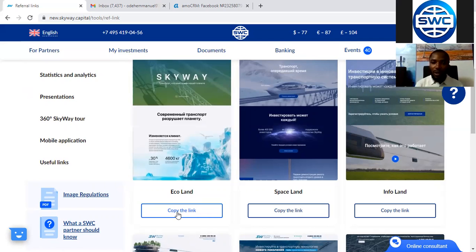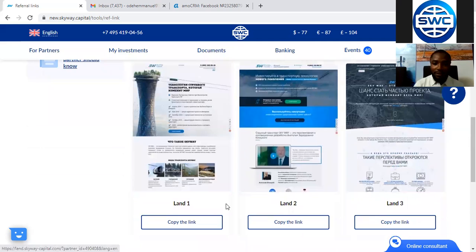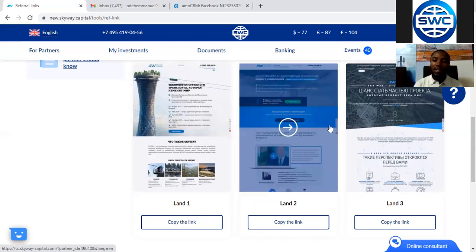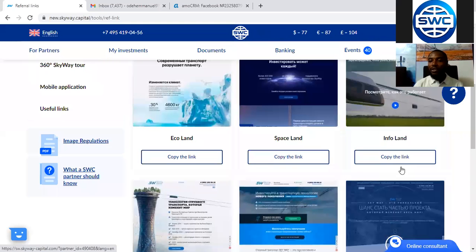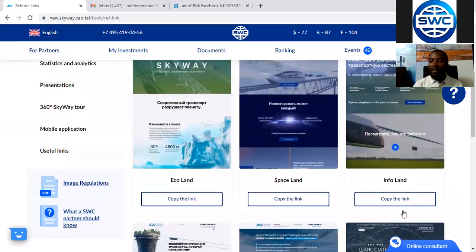We also have futuristic prospects from the company, and we have a landing page for that also. All these are in your back office. If you don't understand from here, you can copy the link yourself, paste it in your browser and go through it before sending to your prospects. So you are assured of the information that you're giving out to your prospect. If you want info about the land infrastructure from the company in Belarus, you can just copy the link and send it to your prospect.